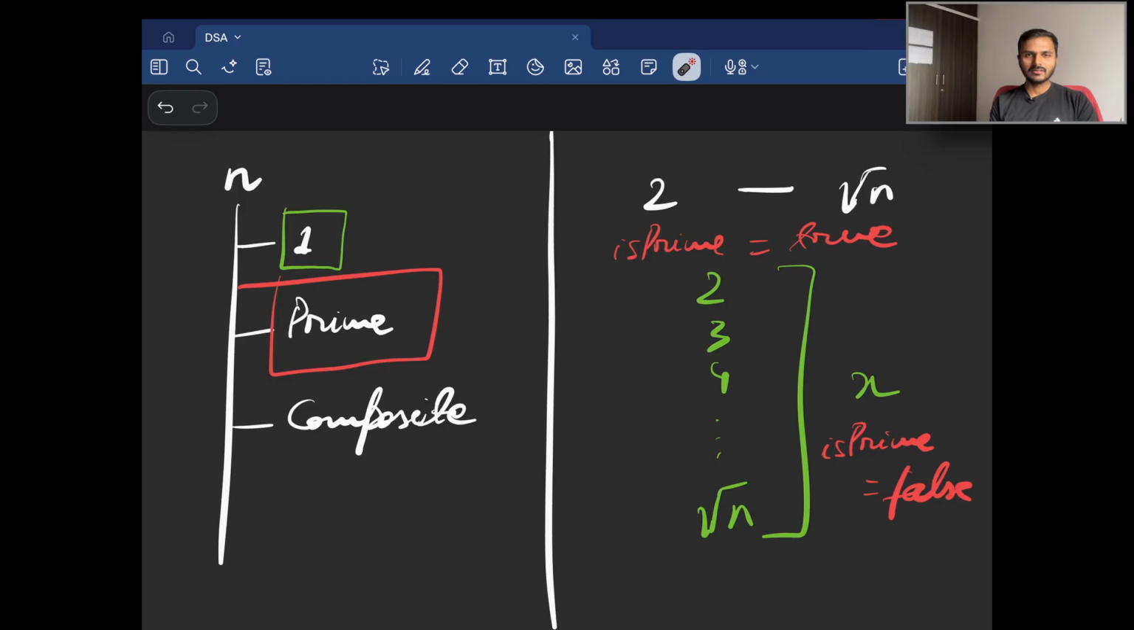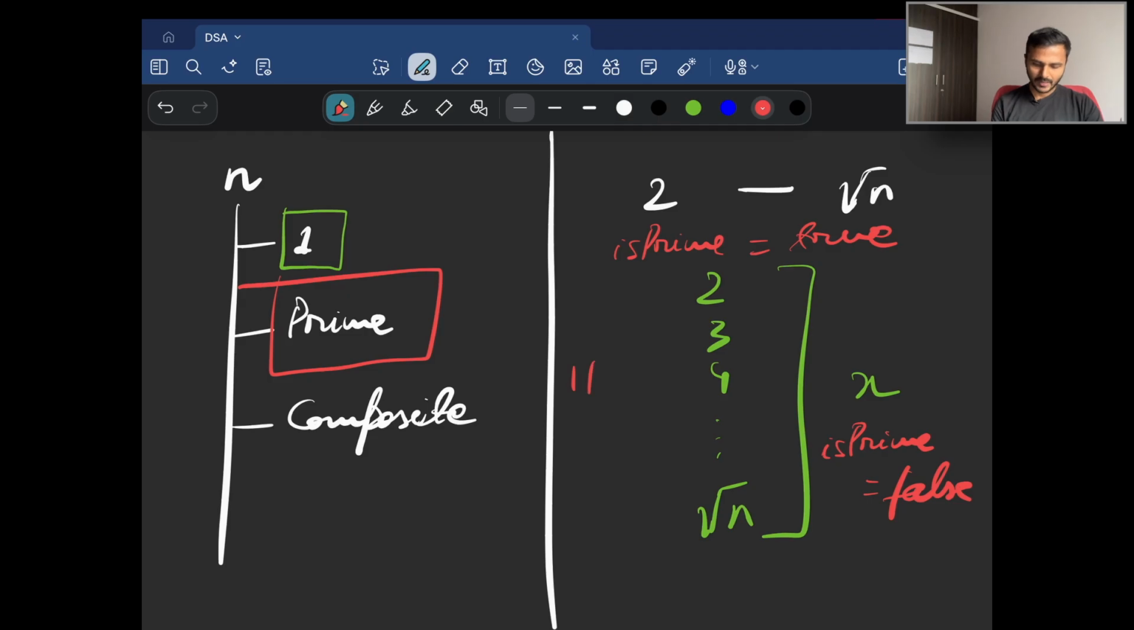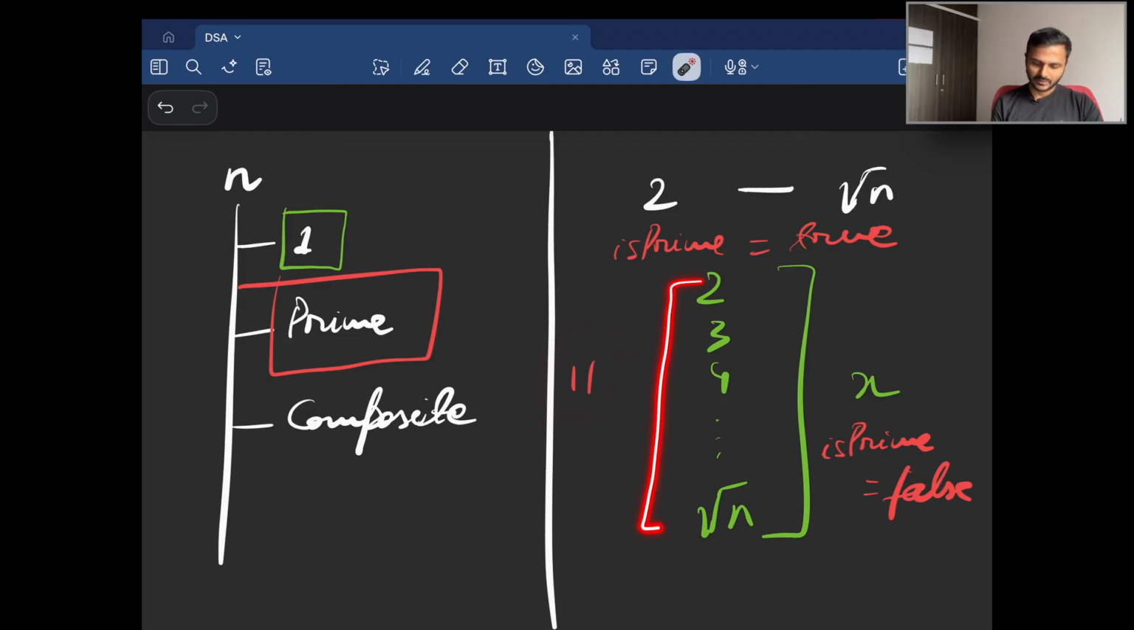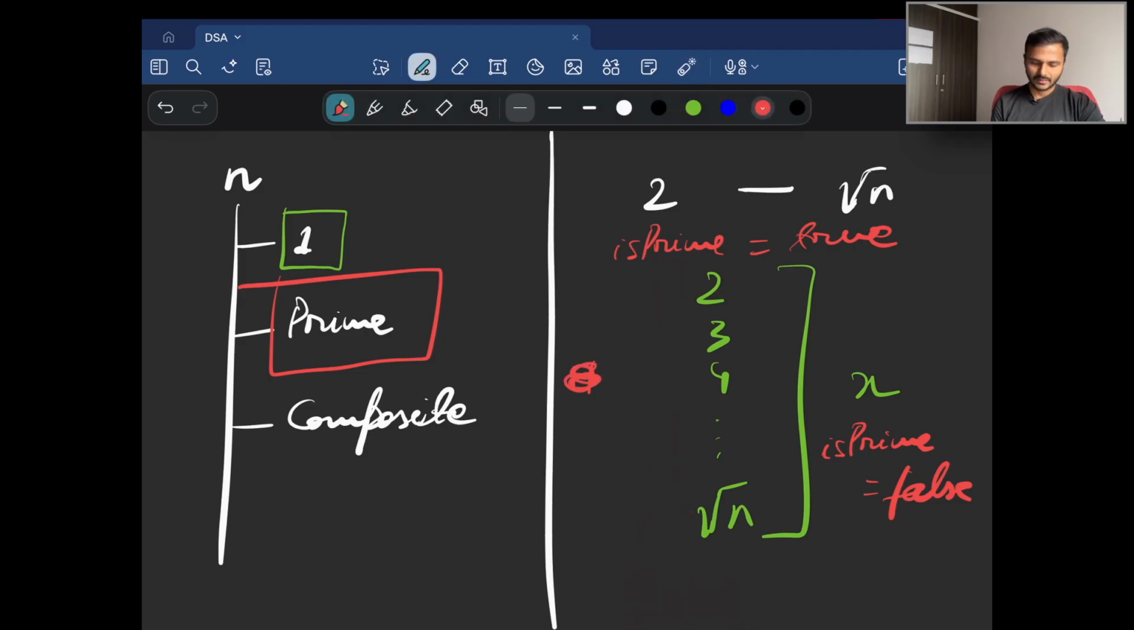Let us try to run this by taking some examples and understanding. If we take, for example, 11, we know that if n is 11, none of the numbers in this range will be able to divide 11, right? Which means is prime will be set to true initially, and at the end of the loop also, it will be true itself, right? But if we take 12 instead, we know that between the range 2 to root n,